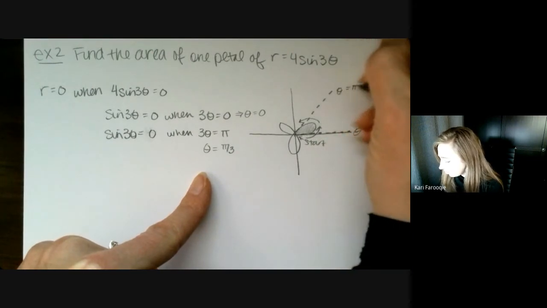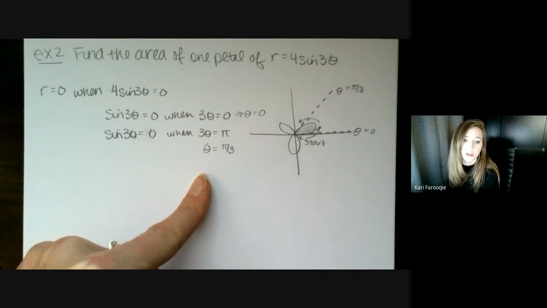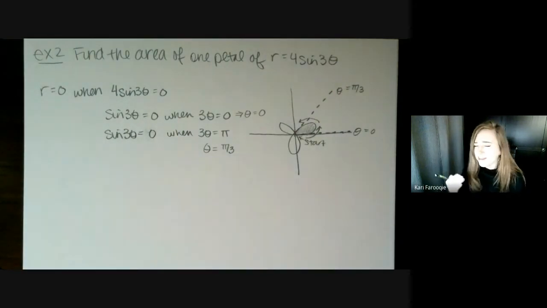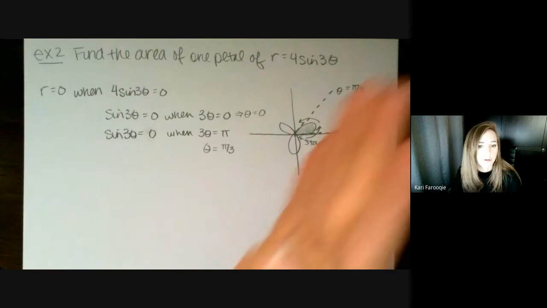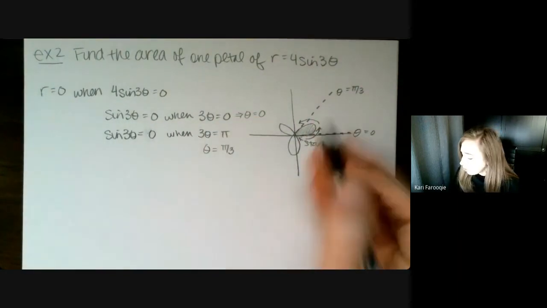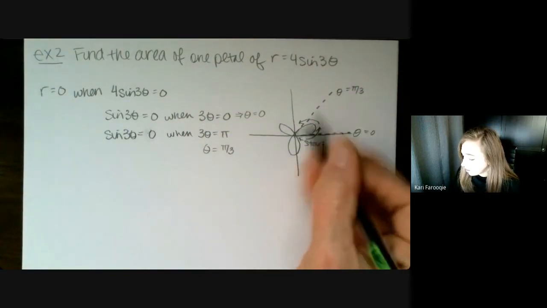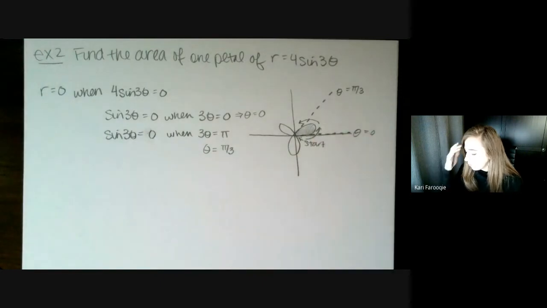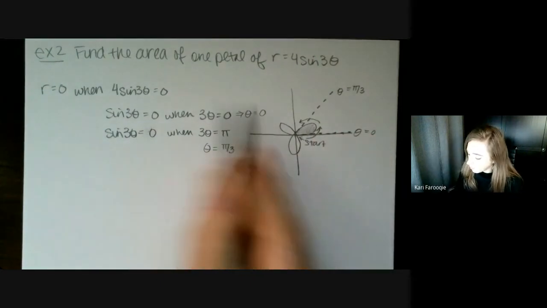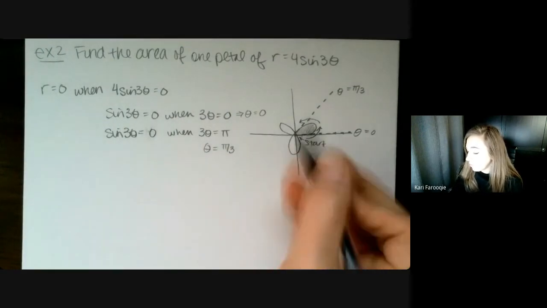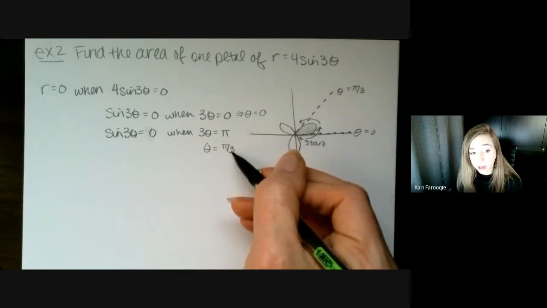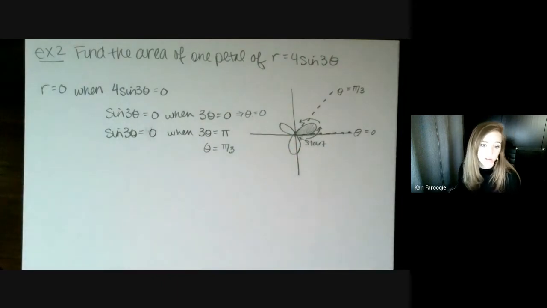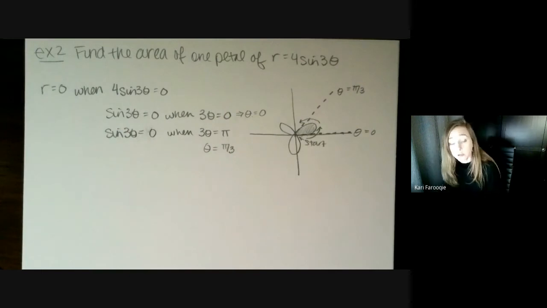and theta equals pi over 3. So even though it's not necessarily the most visually obvious thing, you should be able to obtain a value and see that graphically it does make sense that we've trapped this petal in between these 2 radial lines. But this work is basically just saying, okay, my petal started at theta equals 0 and stopped at pi over 3. Nice thing about this is you can use your graphing calculator to verify this.